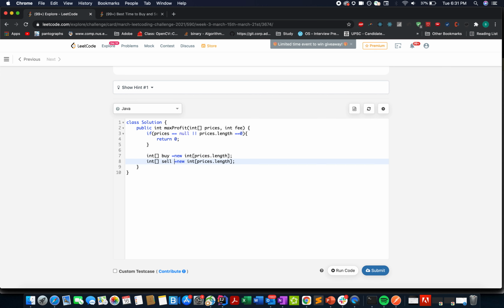And let's initialize the buy for the first transaction as the price whatever it is on the 0th day, and sell would be initialized 0 because you can't do the selling part unless you do the buying part, so the profit also becomes 0. And let's start the iteration from the first index up till the length of the array.